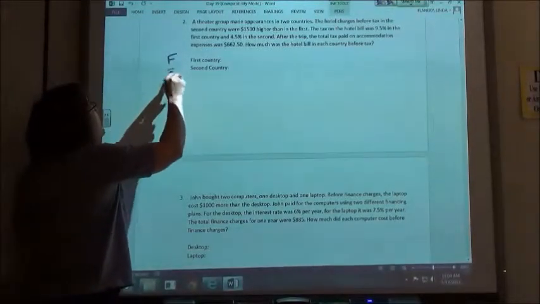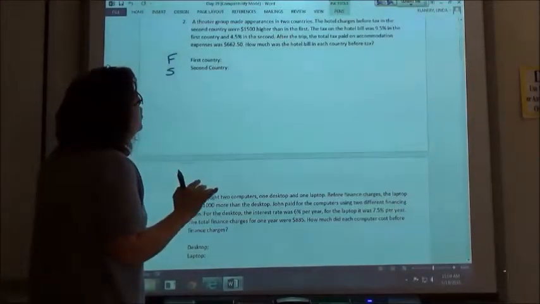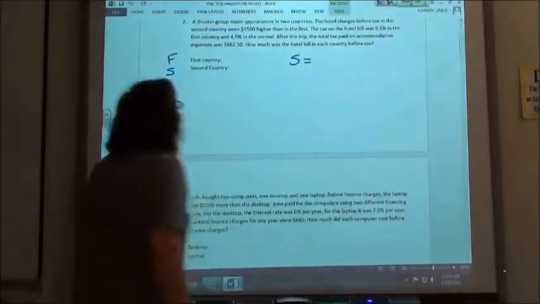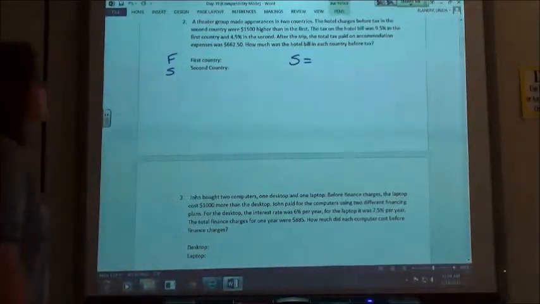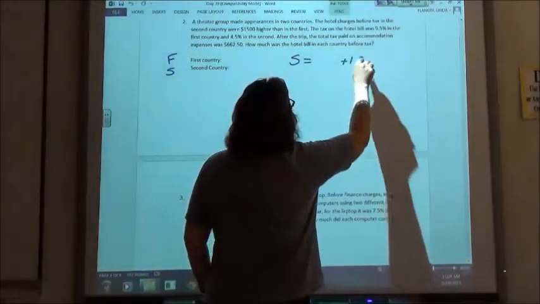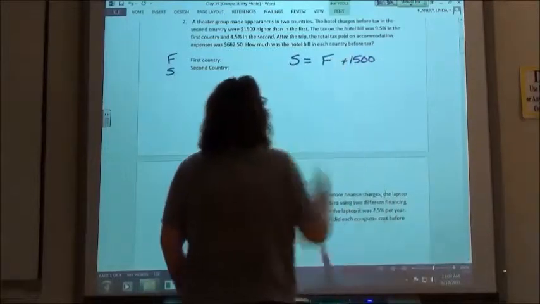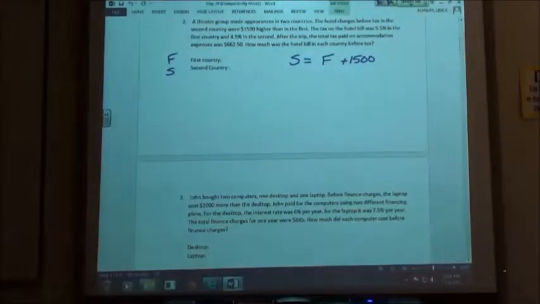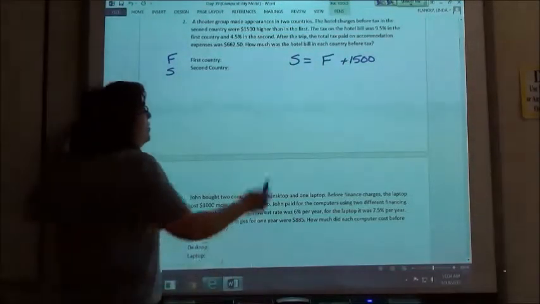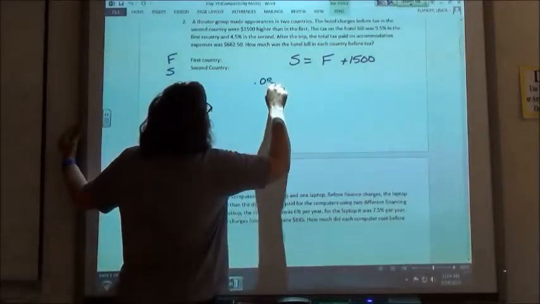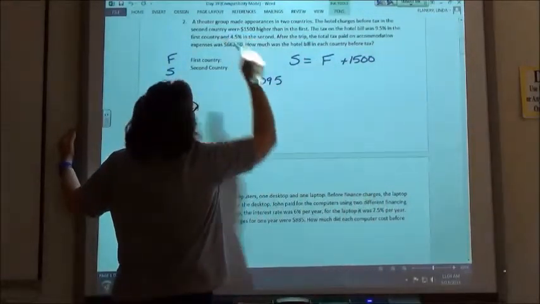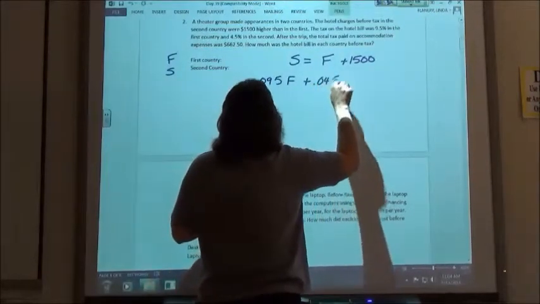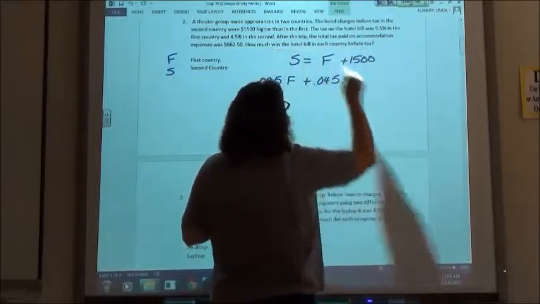So I'm going to say the first and the second. And it says the hotel charges before tax in the second country, S equals, were $1,500 higher than in the first. So I'm going to add 1,500 to the first, so S equals F plus 1,500 then. Says the tax on the hotel bill was 9.5%, so 0.095 in the first country, and 4.5%, so 0.045 in the second, and the total tax is